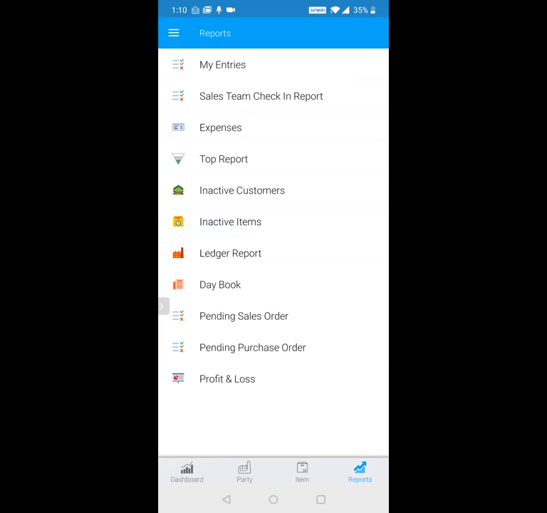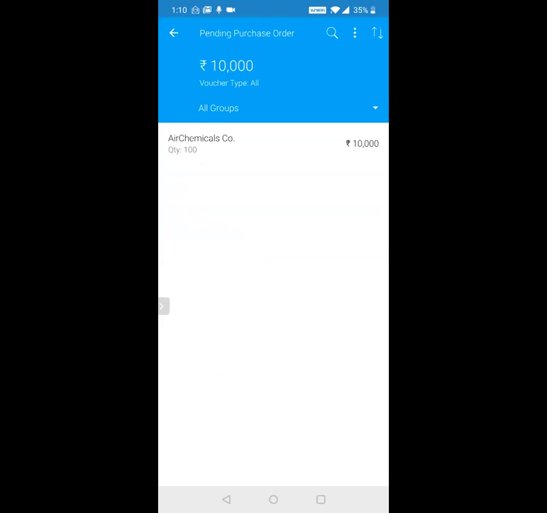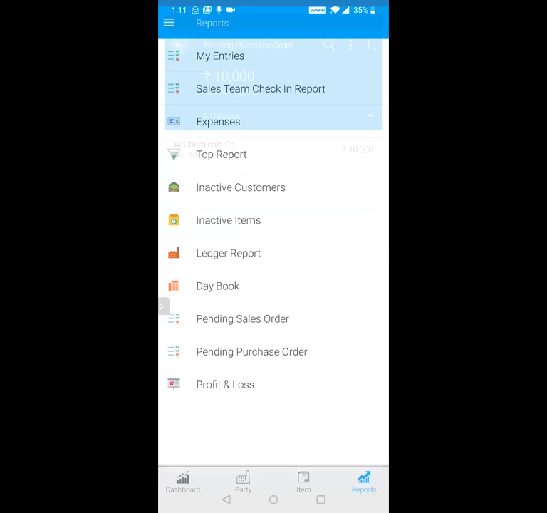What are all your pending orders? You can view that. So it's already live in iPhone, the new report called pending sales order by item, sales and purchase order by item. So far we were only showing it by customer. Now the pending sales order by item is also live in iPhone. In Android, it is live for 20% of the customers. Rest of the customers will get it by the weekend. So that's another feature addition that we have done.